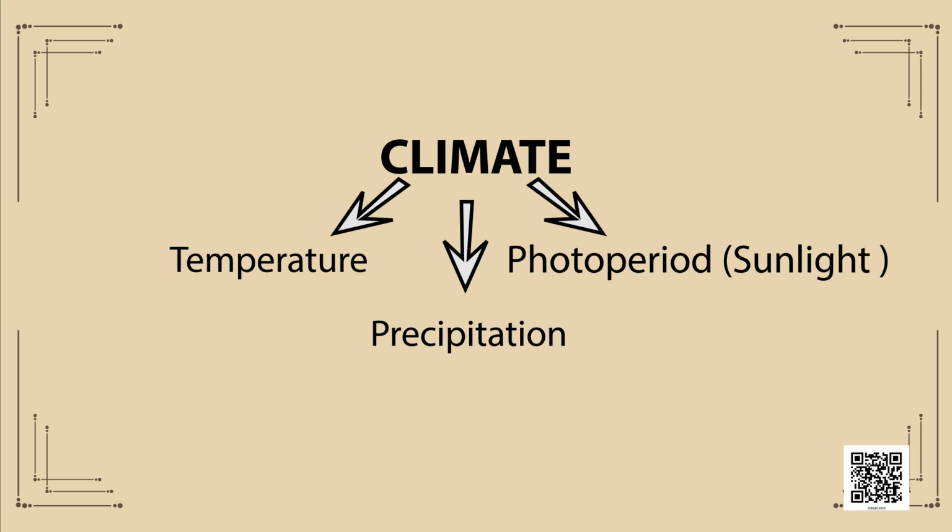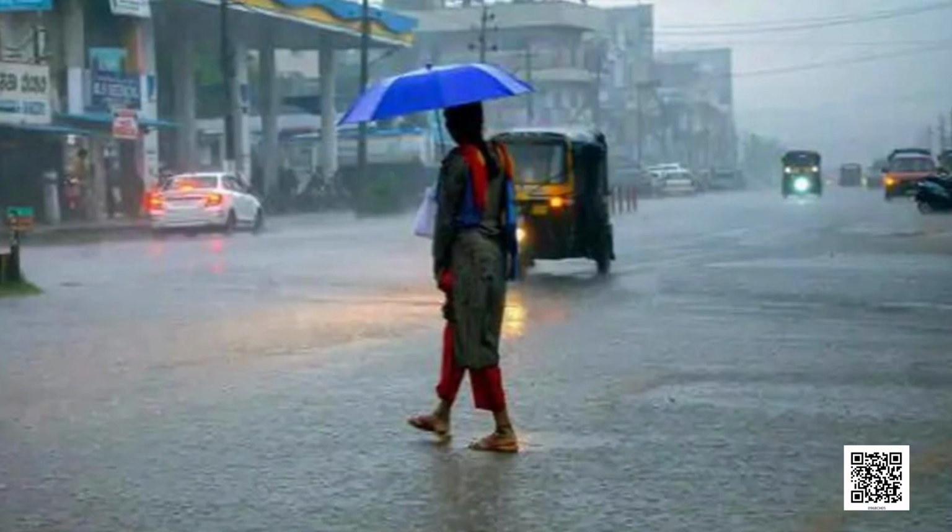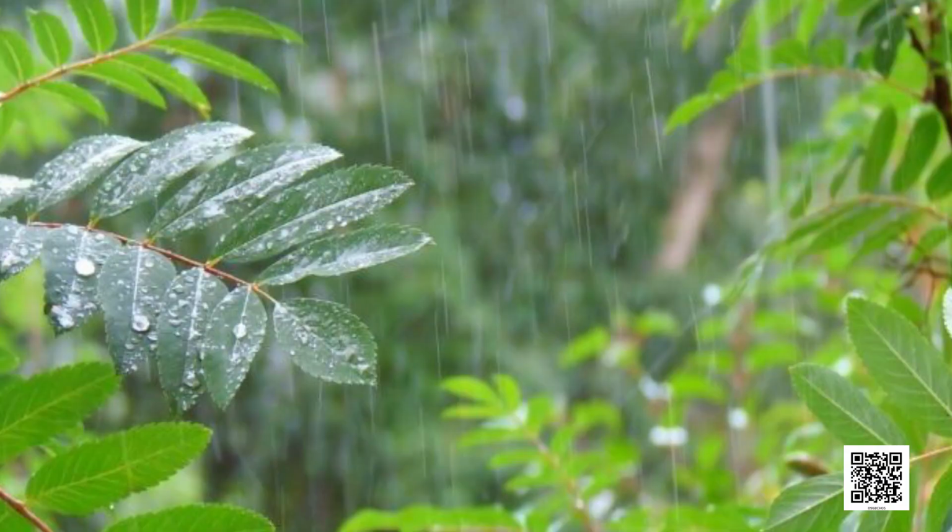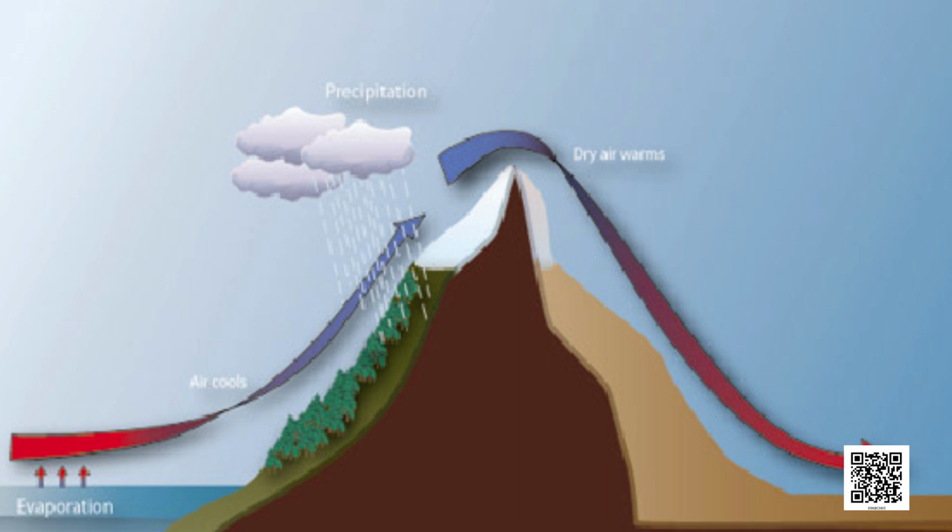Precipitation also affects natural vegetation. In India, almost the entire rainfall is brought in by the advancing southwest monsoon, which occur from June to September, and retreating northeast monsoons. Areas of heavy rainfall have more dense vegetation as compared to the areas of less rainfall. For instance, the western slopes of the Western Ghats are covered with thick forest as compared to the eastern slopes, because eastern slopes are on the leeward side of the Western Ghats and hence receive scanty rainfall.